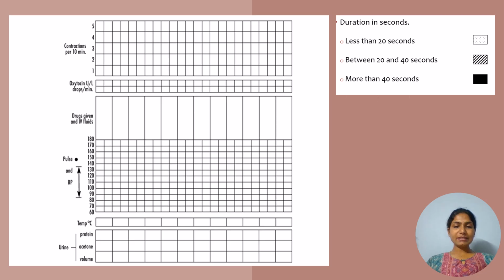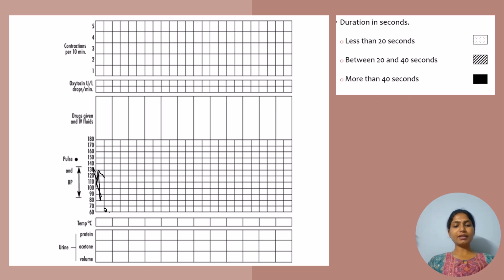So if the pulse is around 60 beats per minute, then we will plot it as 60 here. So I hope I am visible. So this is 60. Then if the BP is 120/80, then we mark it as 120/80, like this. So then the temperature at the admission to the labor room should be mentioned, and it's very important